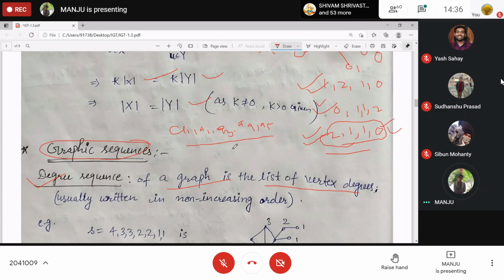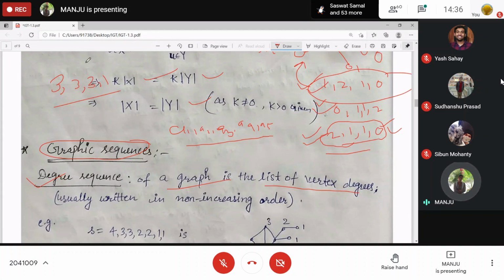Does there exist a graph for every finite non-negative term sequence? For example, if I take this sequence, corresponding graph, I have this one. What about this one: 3, 3, 3, 1?